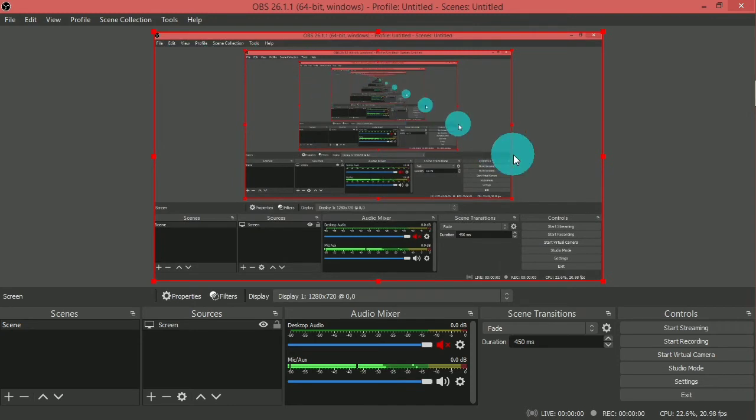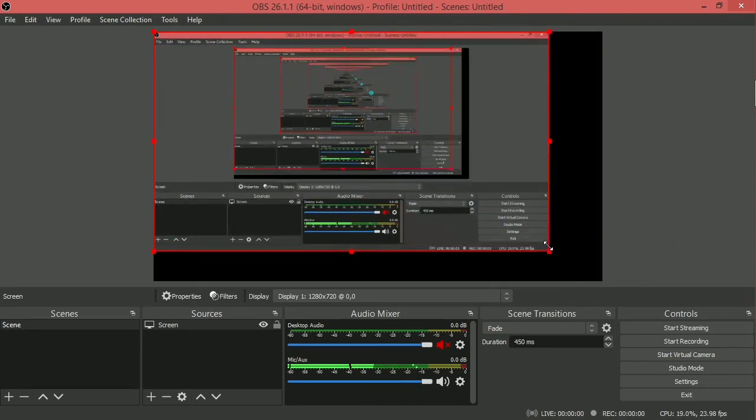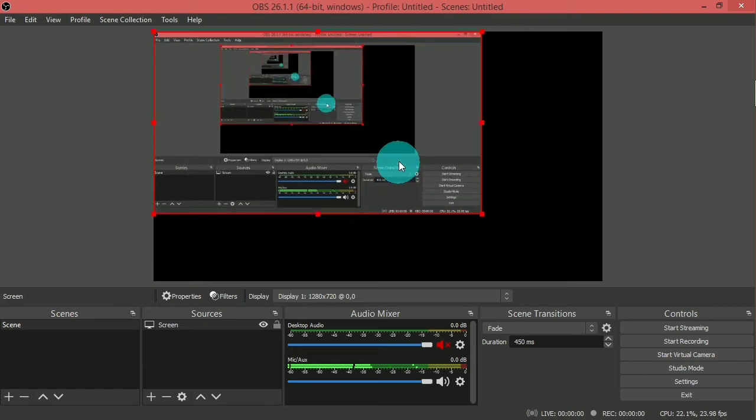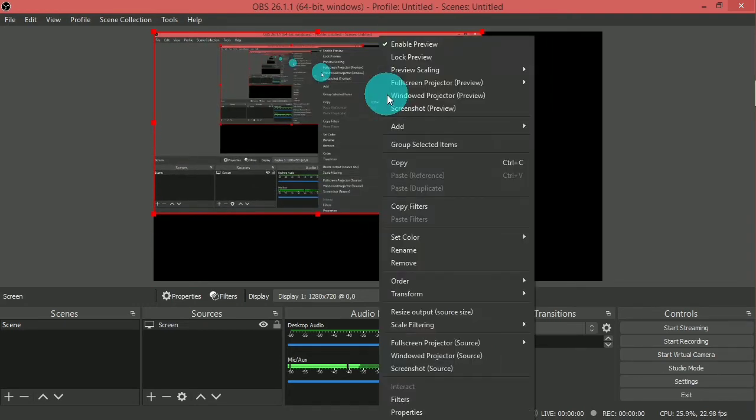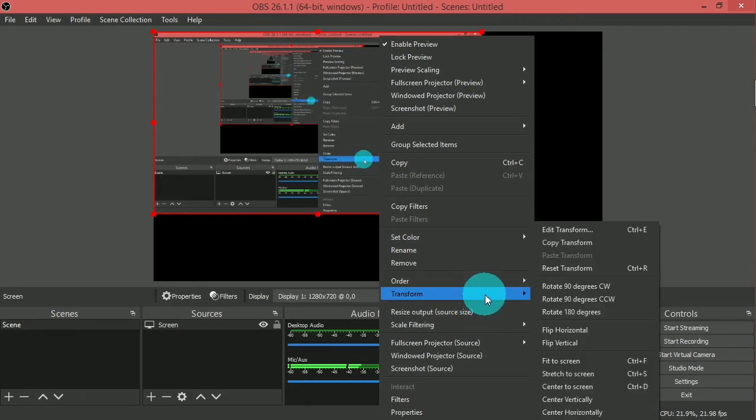So right now I want it in full screen. There are many tricks for this. So let me make it smaller and let me right click on this video. Many people want to keep their screen in the center horizontally or vertically. So we should right click and click on transform. If we just keep our cursor on it, this menu will appear, and here we can rotate our screen 90 degrees clockwise or 90 degrees counterclockwise, or we can rotate it 180 degrees, and we can even flip it